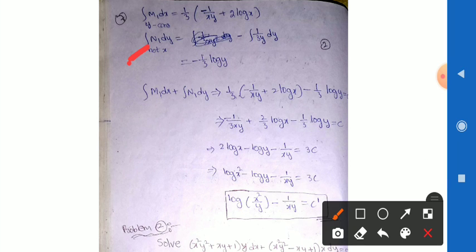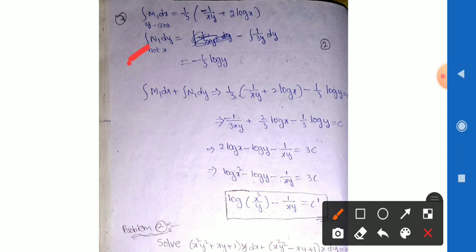Now I am taking integration of n1 dy. Here n1 does not contain the x value, meaning n1 must have only the y value, that is minus of integration of 1 by 3y dy. By doing the integration, taking 1 by 3 as common, we get minus 1 by 3 integration of 1 by y dy, which is log y. Then we can substitute the above integration of m1 dx value plus integration of n1 dy value. We get 1 by 3 into minus 1 by xy plus 2 log x minus 1 by 3 log y is equal to c.